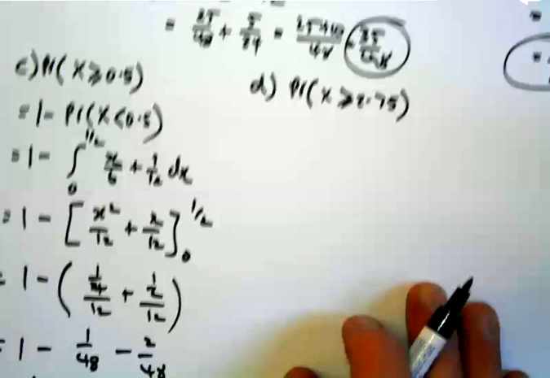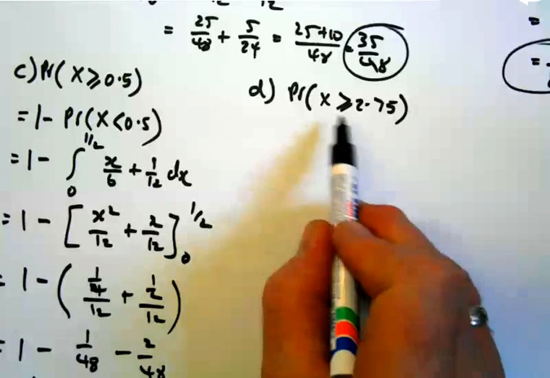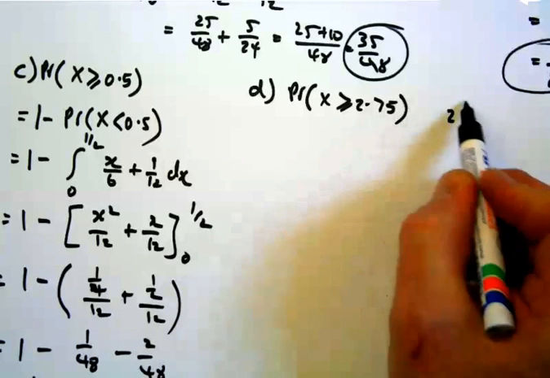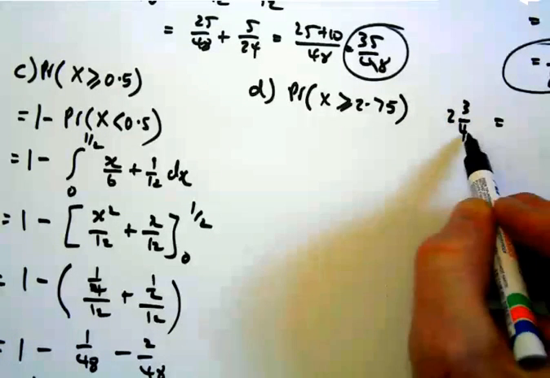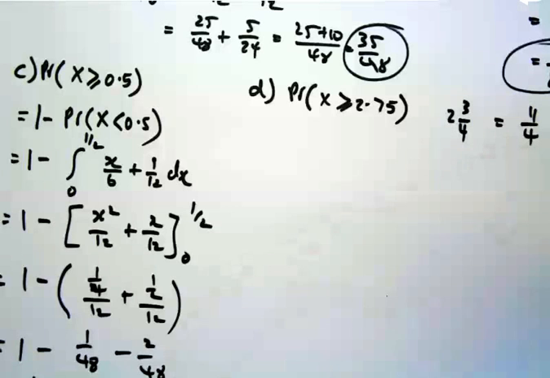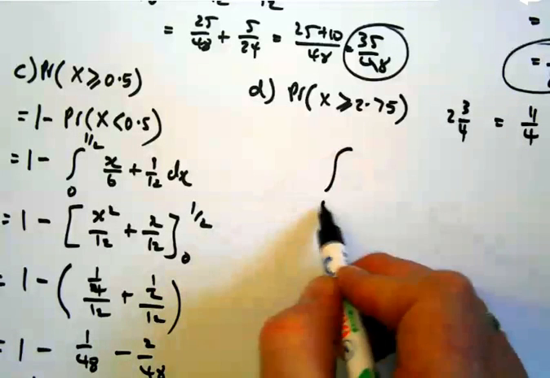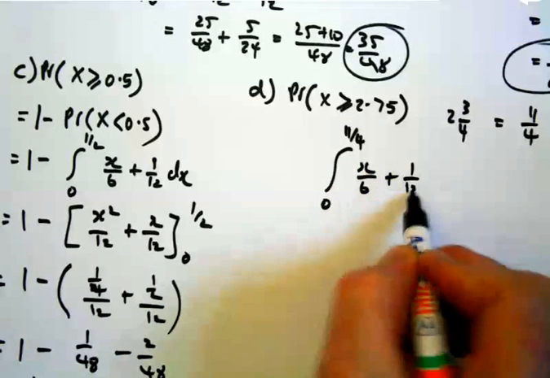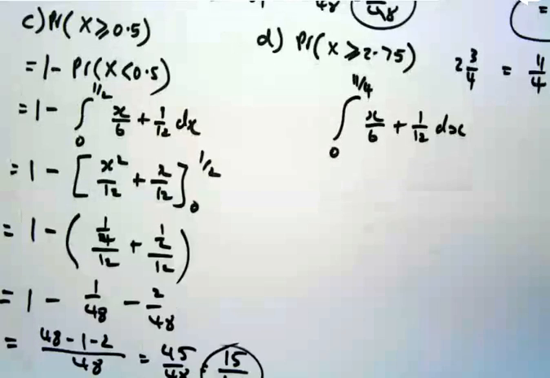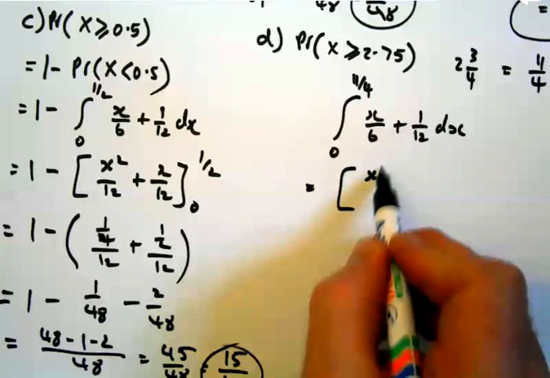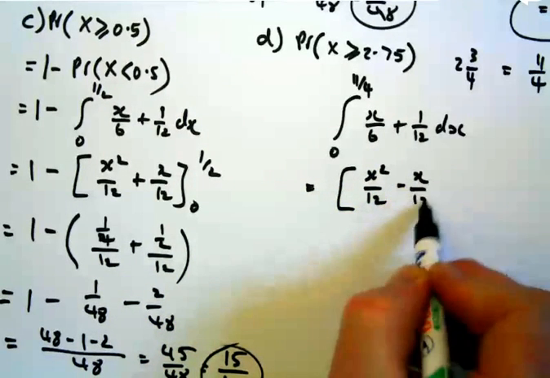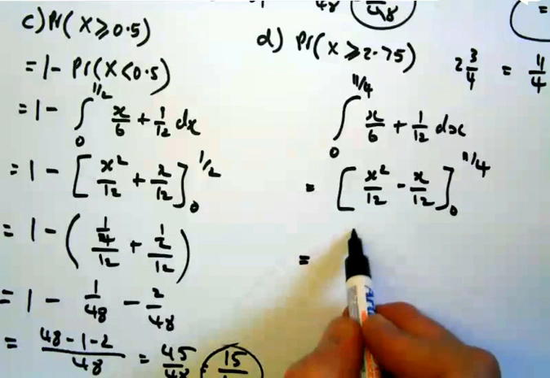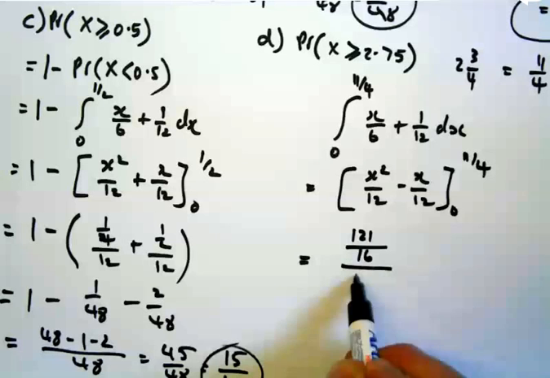And the last question is x greater than or equal to 2.75. That's the same as 2 3/4, which is 11/4. That's going to equal the integral from 0 to 11 on 4 of x on 6 plus 1 on 12 dx, which is going to equal x squared on 12 plus x on 12 from 0 to 11 on 4, which is going to equal 121 on 16 on 12